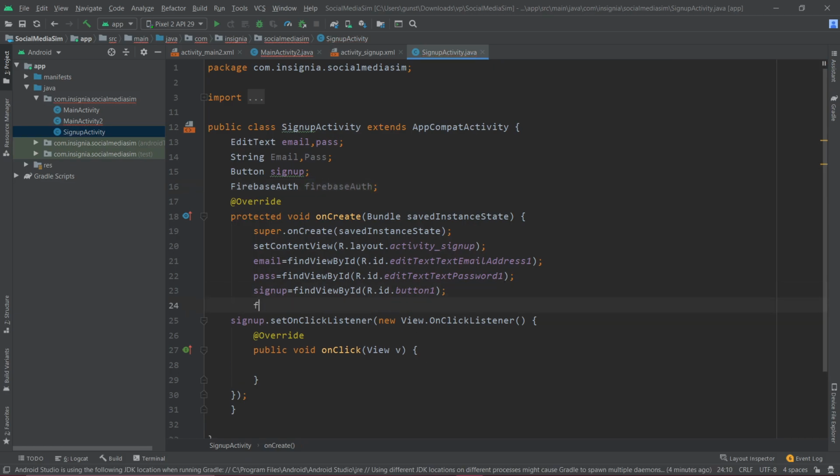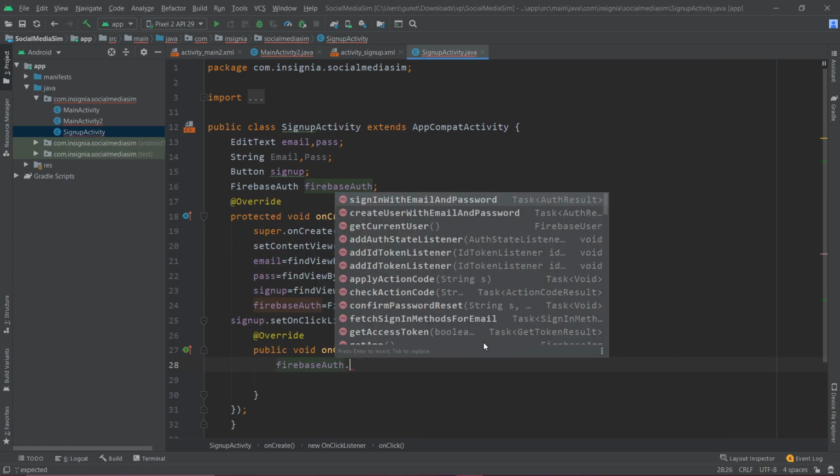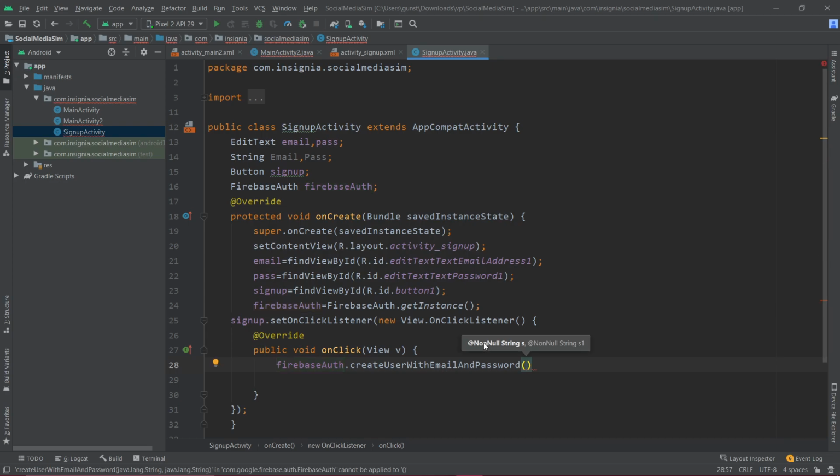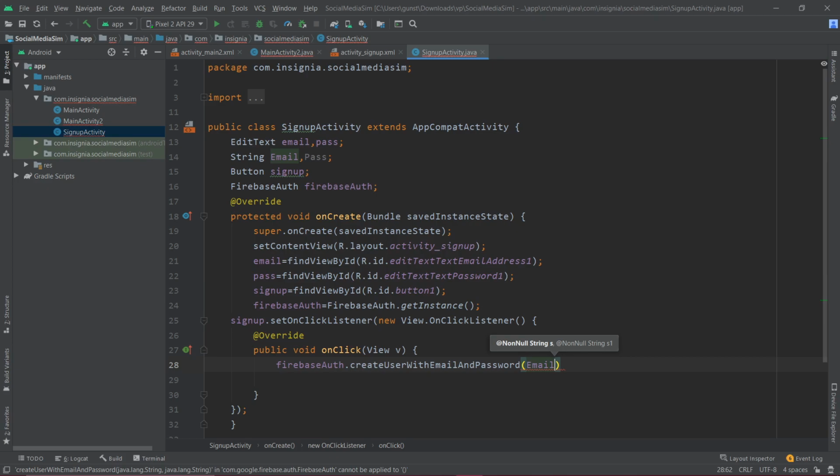Now we would have to instantiate that. So Firebase auth equal to Firebase get instance. That's it. You get it. So when the user clicks on sign up, what should happen has to be specified. So we are gonna do something like Firebase auth dot create user with email and password, and we are gonna get the email and password, but as usual we would have to check if both the email and password strings